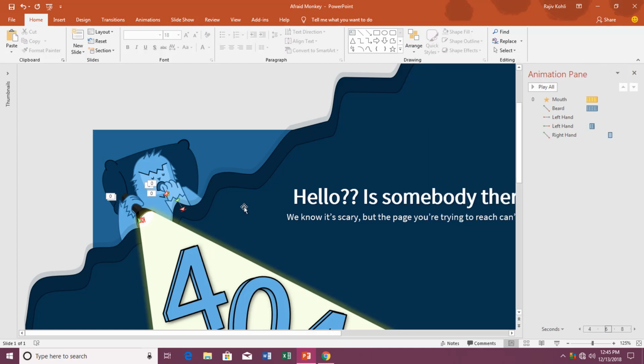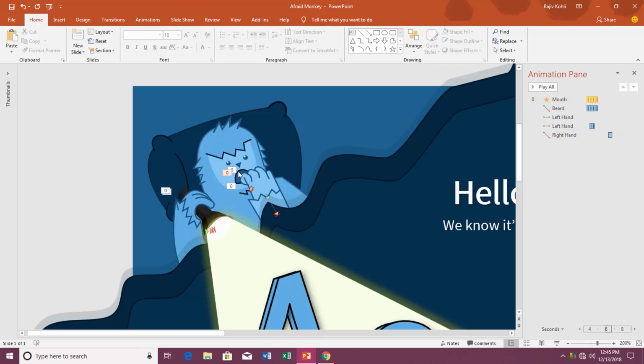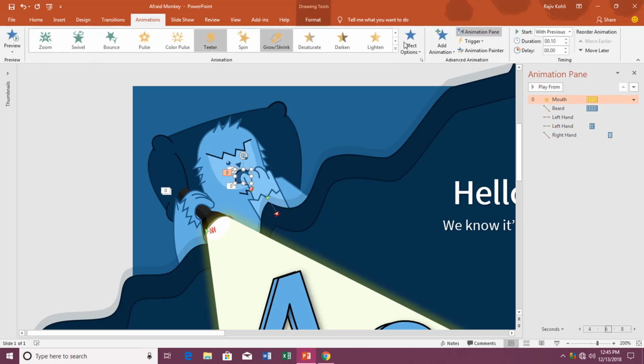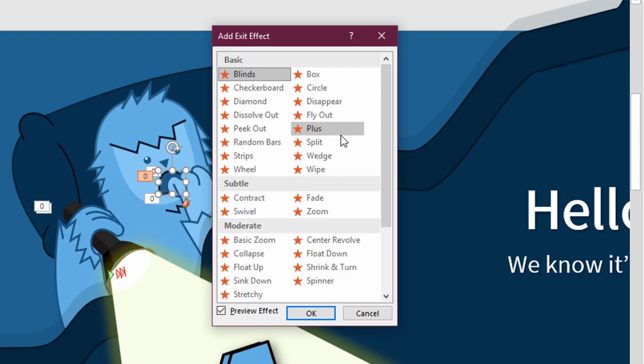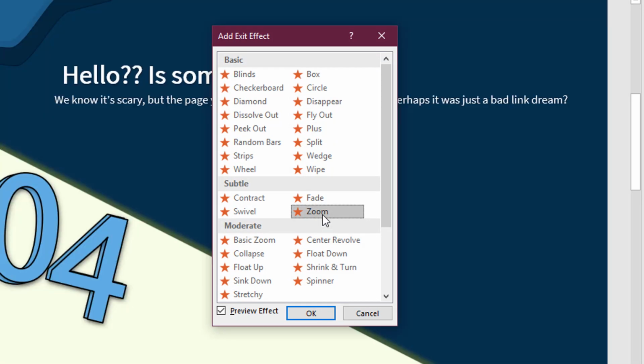Okay, now after the right hand we need to animate the mouth again, and for the mouth, after a specific time I want the mouth to disappear, and for that I will select this mouth, go to animation, add animation, and this time I will apply the exit effect, and for the exit effect I will choose zoom.